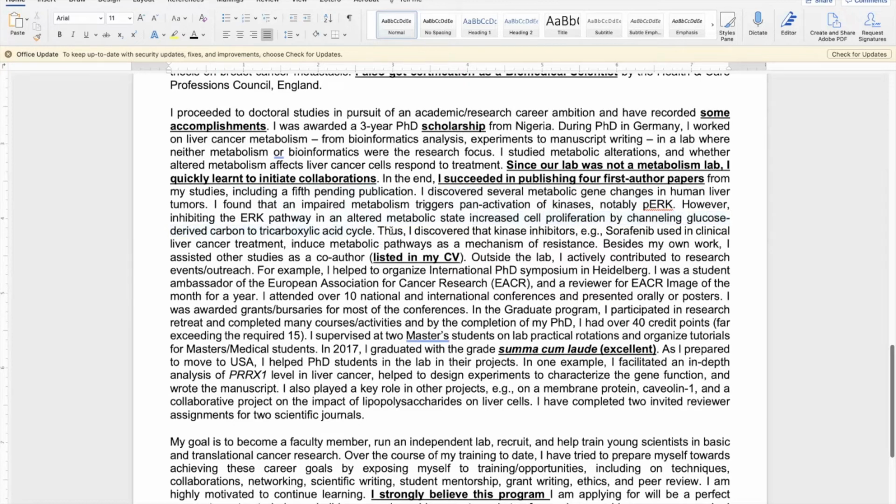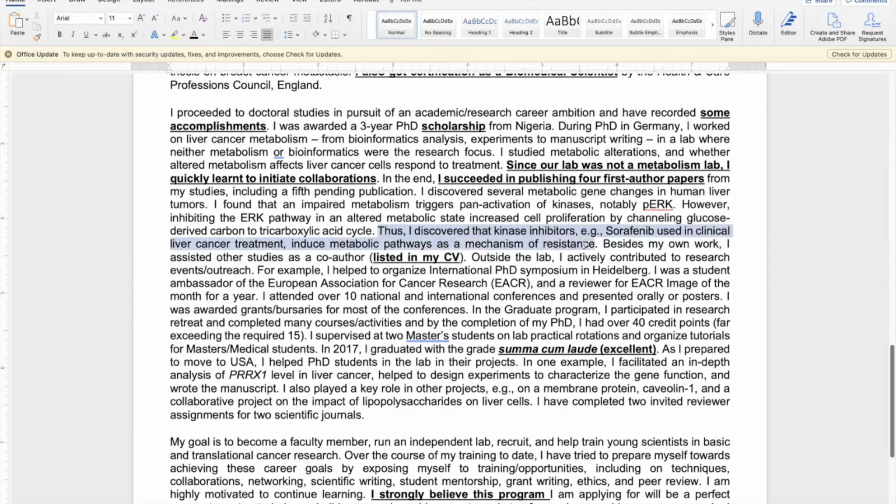When I'm reviewing personal statements, I would encourage people to put in a reference here so that people can go and see which particular study this actually was. That's what I would have done differently if I were to write this statement again. Thus, I discovered that kinase inhibitors, for example sorafenib, which is used in clinical liver cancer treatment, induce metabolic pathways as